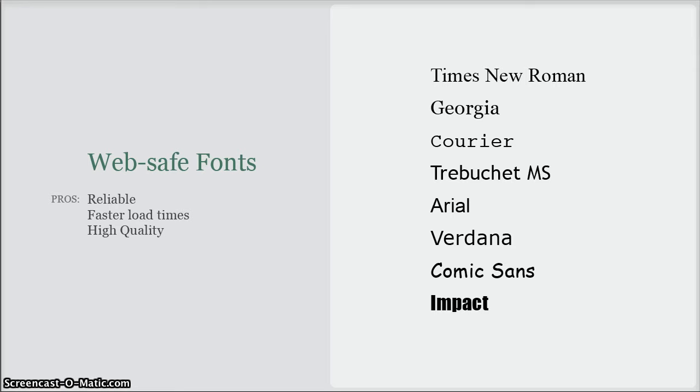Now, web-safe fonts are fonts that are available on basically all computers. All computers have these fonts on them, which makes these fonts very universal. Some pros about web-safe fonts are they're reliable. The fonts that we have here are Times New Roman, Georgia, Courier, Trebuchet, Arial, Verdana, Comic Sans, and Impact. So these are web-safe fonts, and they're very reliable because, like I said before, they're basically on all computers, which